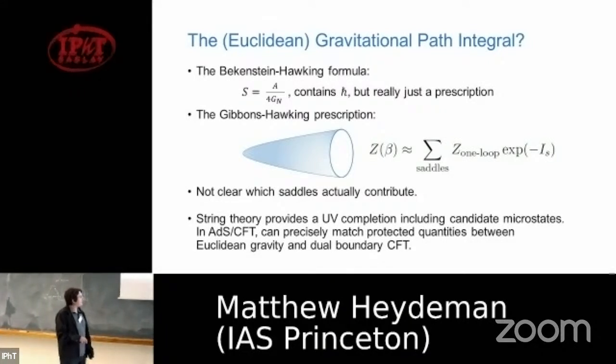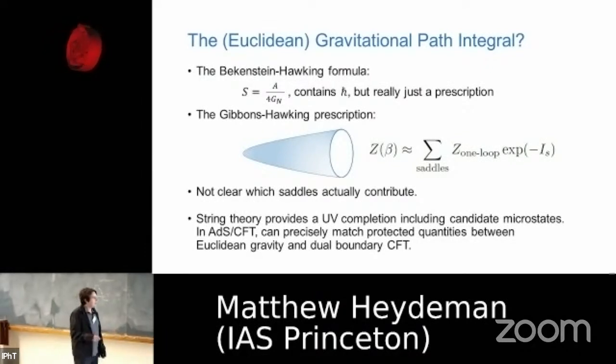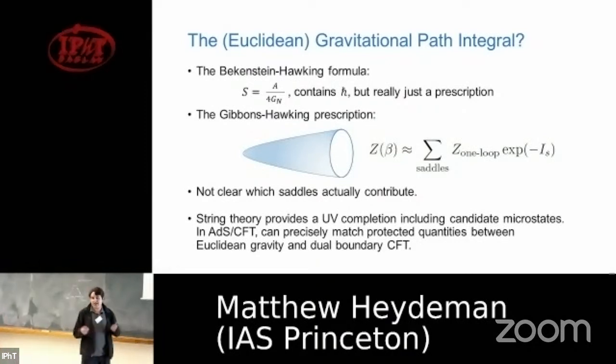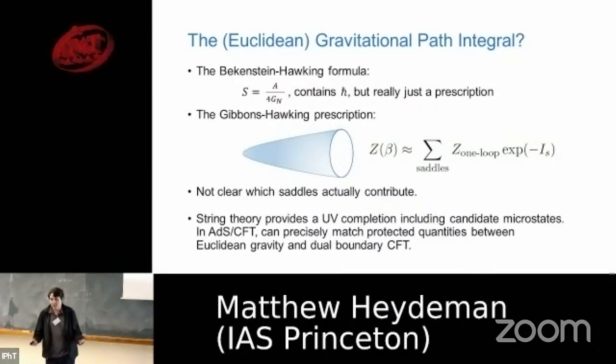where you can, using independent arguments, check some of these formulas and check that this Euclidean path integral, which by some definitions has no reason to work and has no reason to exist. We have an independent check of this. And certain quantities are protected. So you can compute them in a field theory and reproduce them from a gravity calculation. And that's very impressive, and we should understand why, and we should try to understand how far we can push